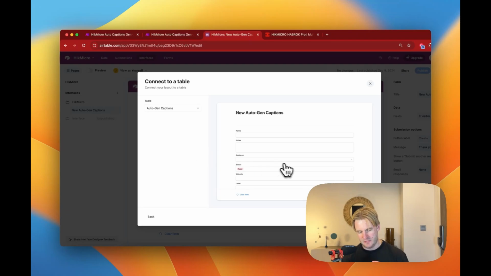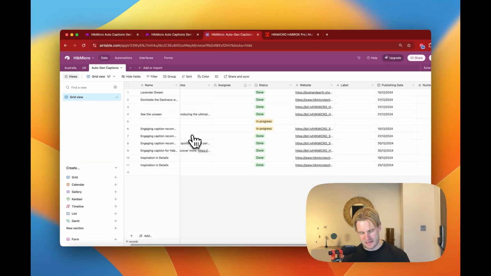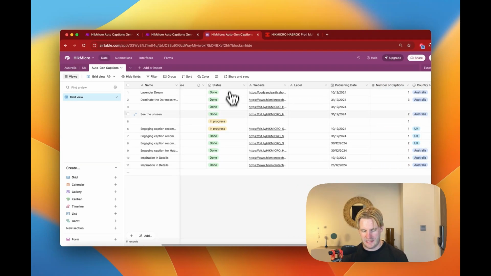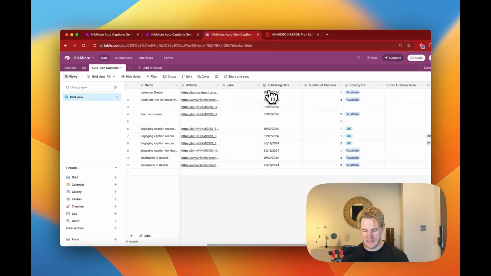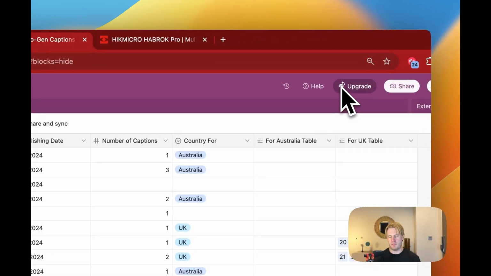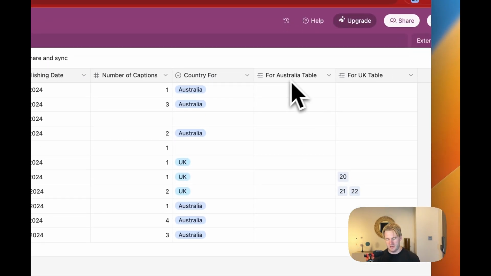In this case, we want to auto-generate the captions. So we need to lay our table like so. The name of the topic, which is actually the name of the caption, a slight discrepancy there, but it will make sense. The notes, which is actually the example template that we're going to use, an assignee, status, website, and publishing date, and the number of captions for that product that we want to generate, as well as the country we're going to send it to, and also the